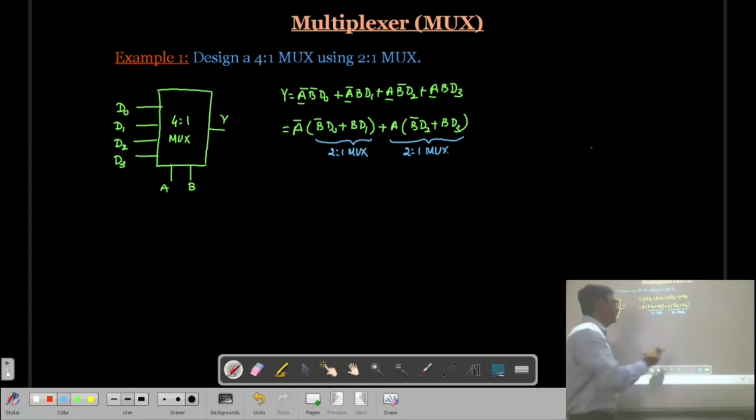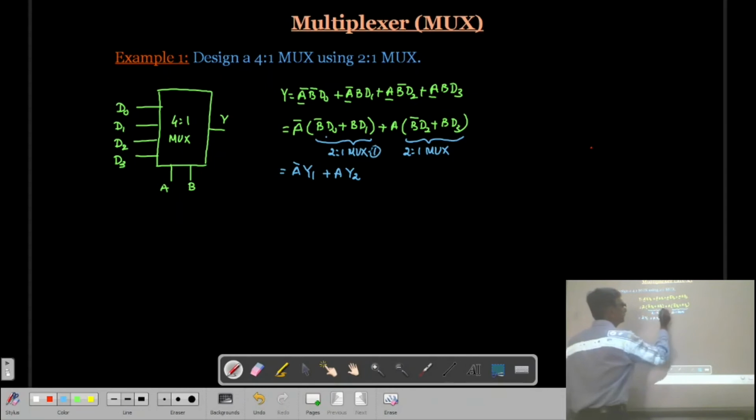Okay? And then here, you can write A bar Y1 plus A Y2. So this is the output of a 2-to-1 multiplexer. This is the output of one of the 2-to-1 multiplexers, let us say 1. This is the output of the other 2-to-1 multiplexer, 2.